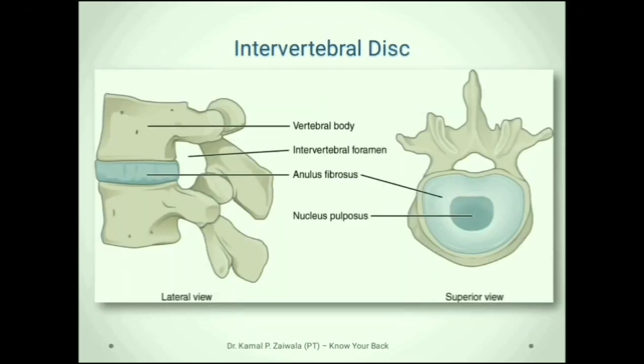Now we come to the intervertebral disc. The intervertebral discs are the structures that are present between the two vertebral bodies. The intervertebral disc provides cushioning between the two vertebral bodies. To understand the structure of the intervertebral disc, we'll take a transverse section of the disc and study it from the top view. The centermost and core portion of the disc is known as the nucleus pulposus. This nucleus pulposus is a gelatinous material and it is enclosed by the annulus fibrosus in its surrounding.